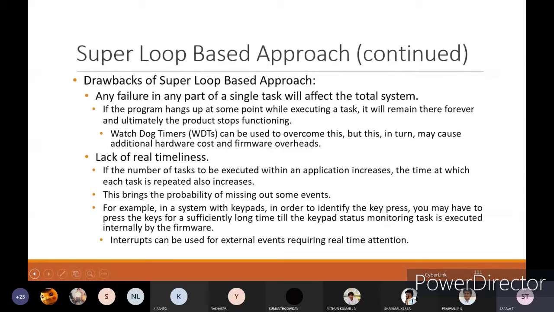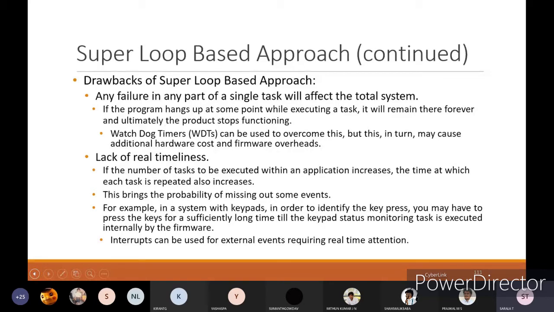This brings the probability of missing out some events. For example, in a system with keypads, in order to identify the key pressed, you may have to press the key for a sufficiently long time until the keypad status monitoring task is executed internally by the firmware.